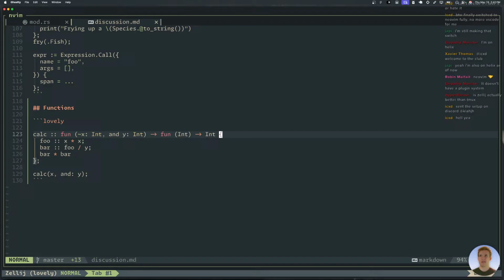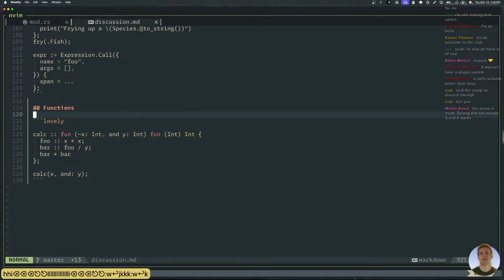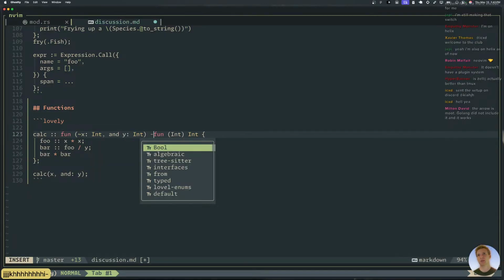Okay, do you guys want to go with this? We're going to go fun, params and parens, arrow, and then return type. Are we happy with that? Or not the arrow? We could do it without the arrow. 31% of you are saying no arrow. Leaving off the arrow causes it to look like this. Yeah, that's kind of nice too. It's maybe not quite as readable for me, but it is more terse.